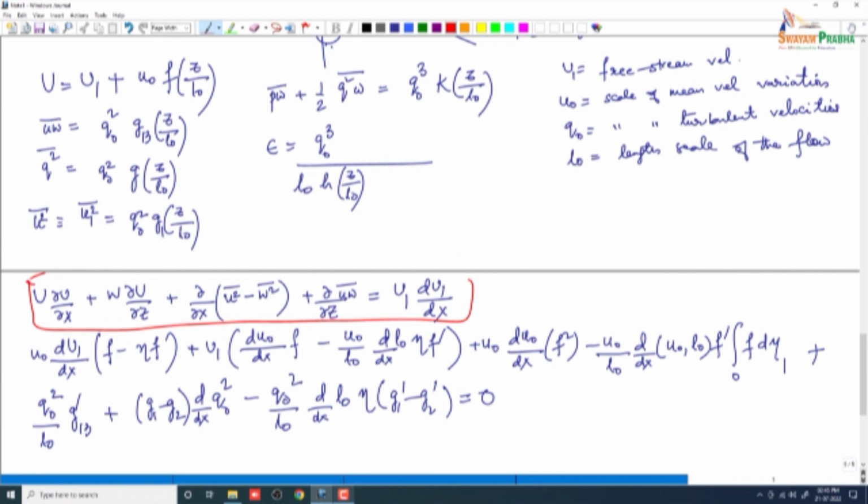So the momentum equation, as you can see, with the self-preserving distribution now looks pretty,